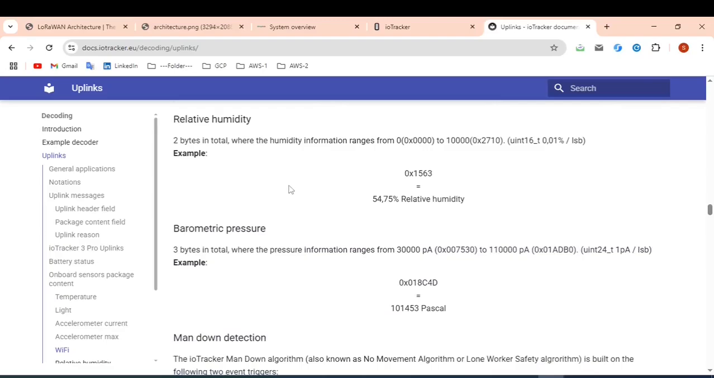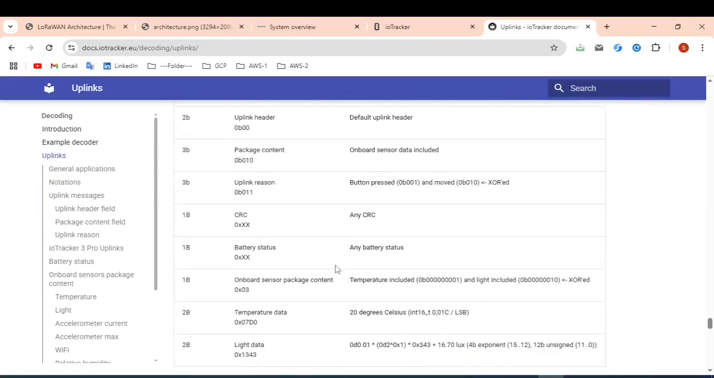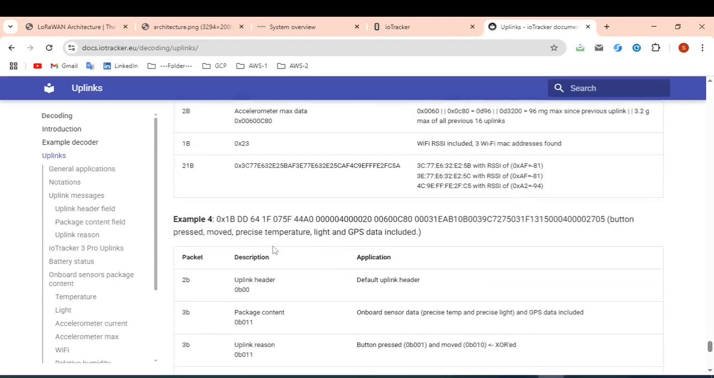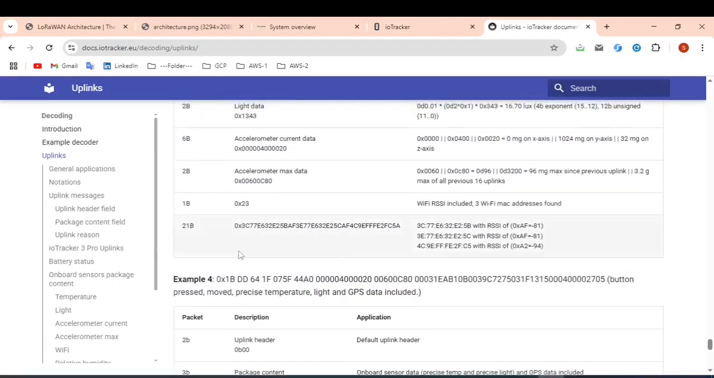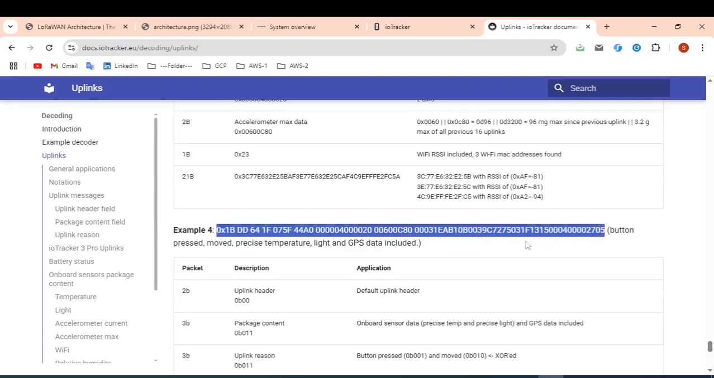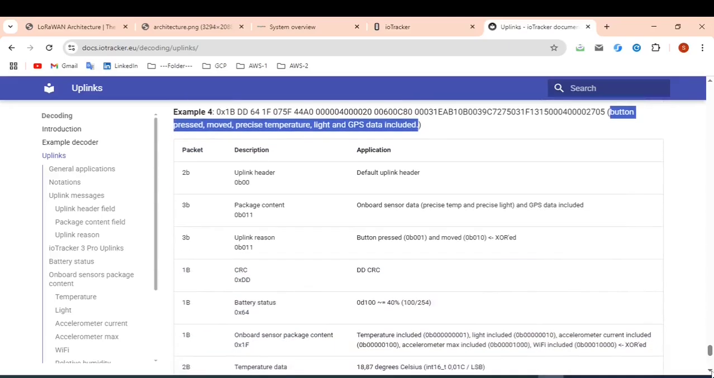And from here, if we see examples 3, 4, this is the last one. So from here, if we see this last example payload, which we can receive in the ThingsHub IoT platform as an uplink, see what information it includes. Button pressed